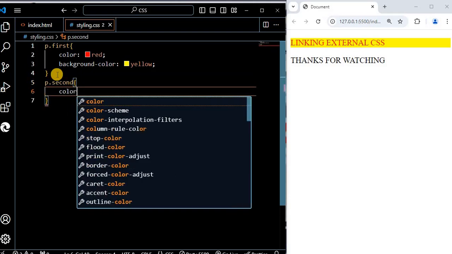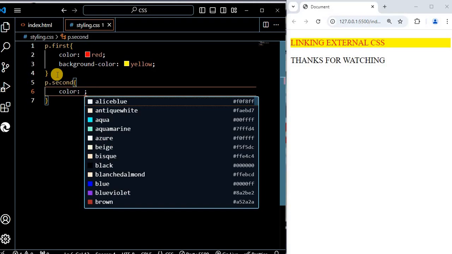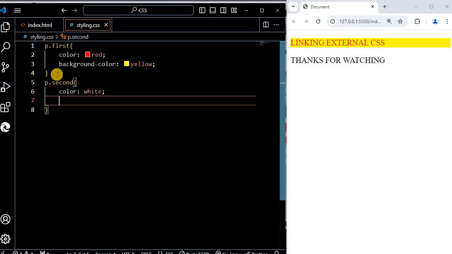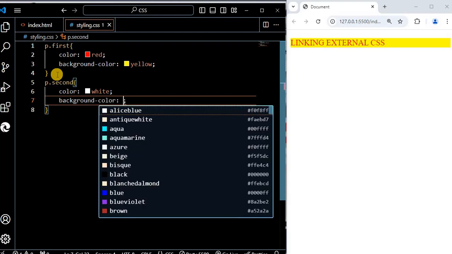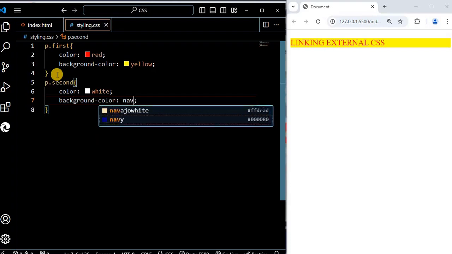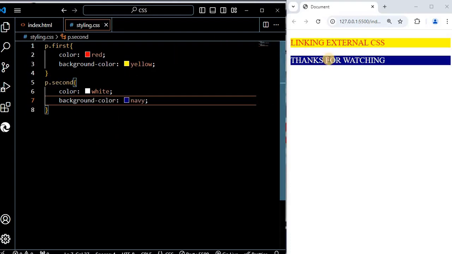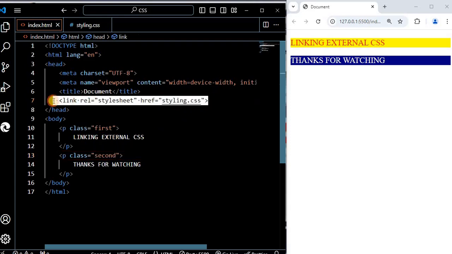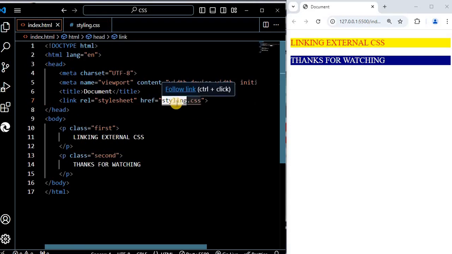Now let me say color should be white, while background color should be navy. Now you can see. So anything we style here is going to affect our HTML file. And this is just how to link the CSS,